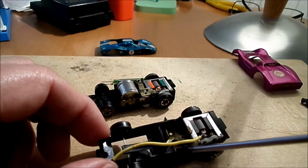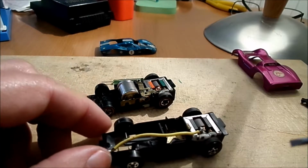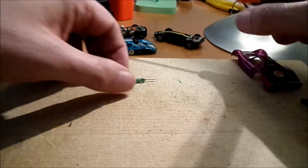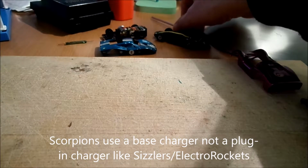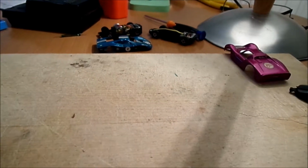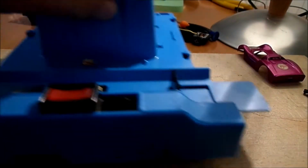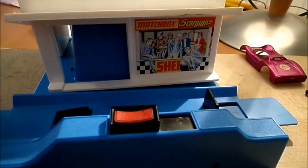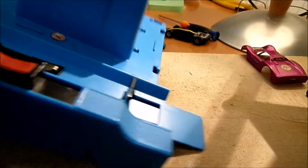The biggest problem I have with these cars is charging them up. Let me just move these cars out of the way and I'll show you the charging issues that we have. The charger that you'll see on most of the sets is one of these blue chargers, which are absolute rubbish. I've not found one that actually works. They may have actually worked back in the 70s when they were new,